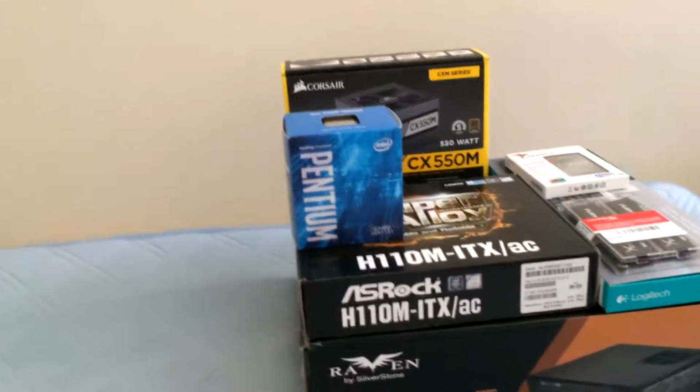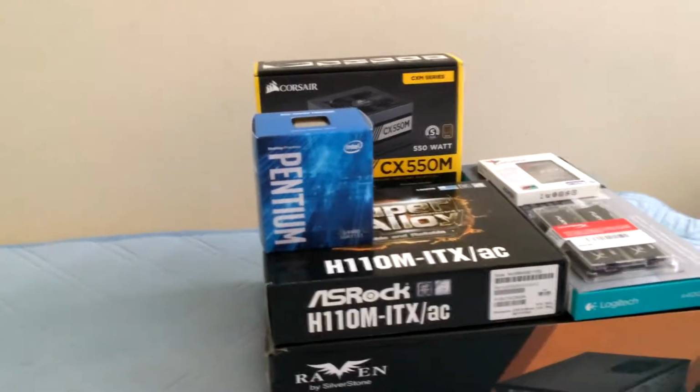We're going to be using the stock cooler for this build because the processor isn't as hot as my girlfriend,